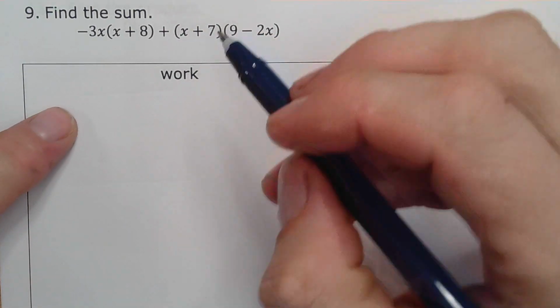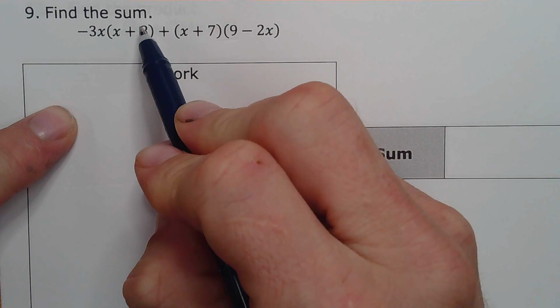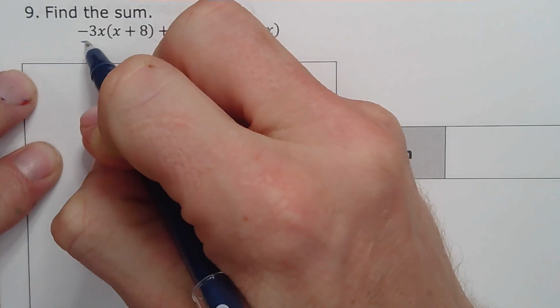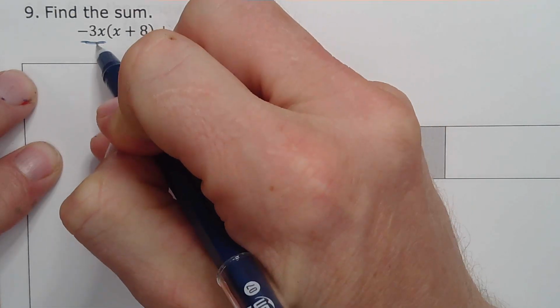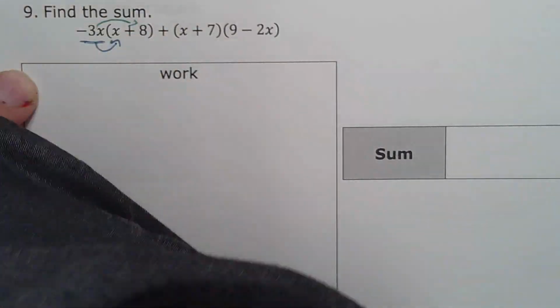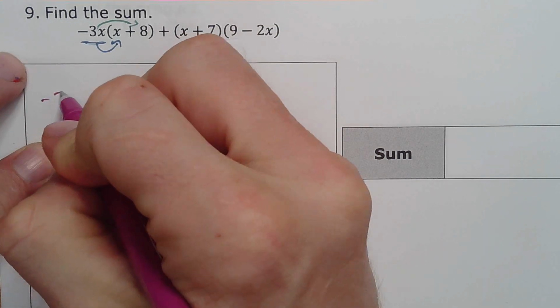The first way is to distribute this negative 3x into the polynomial. This is a binomial, of course. So we're going to take this negative 3x and distribute it into the x and then into the 8 like that. So when we do that, we're going to get a resulting negative 3,